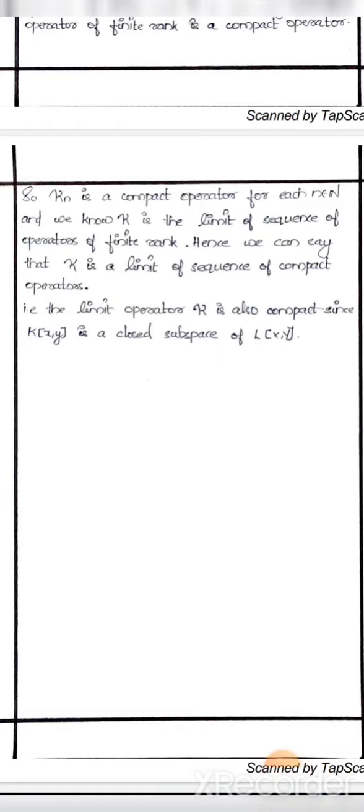So by now we have proved that script K is also compact by another method; we proved this by using an